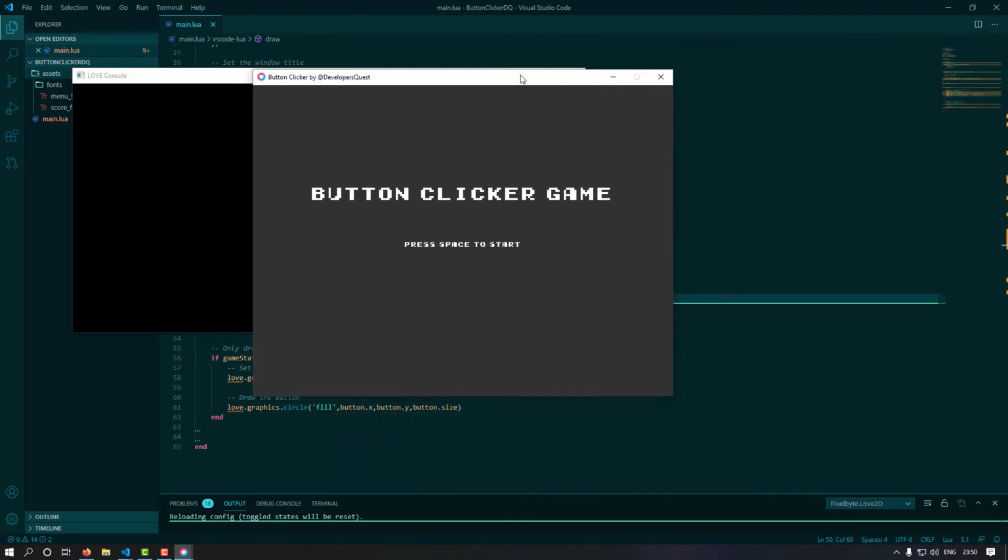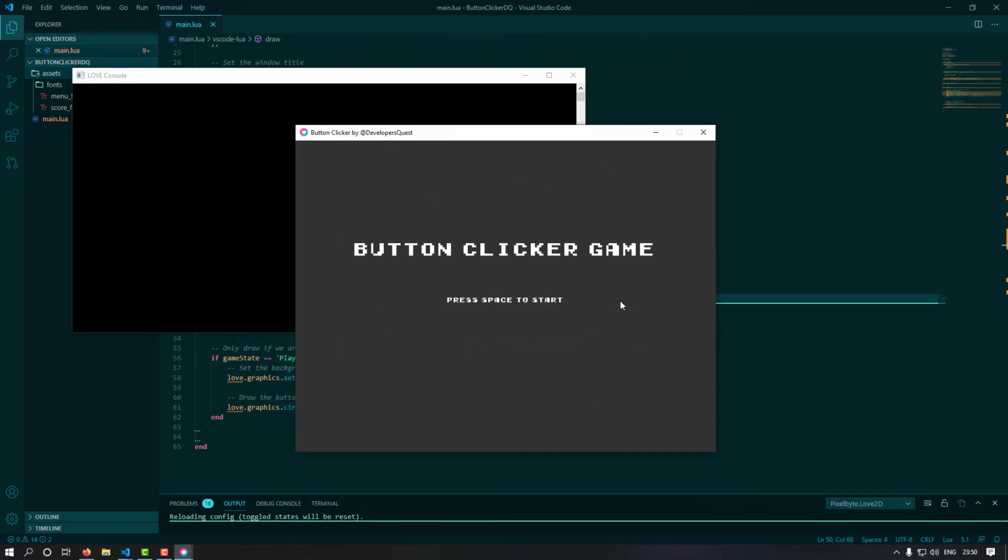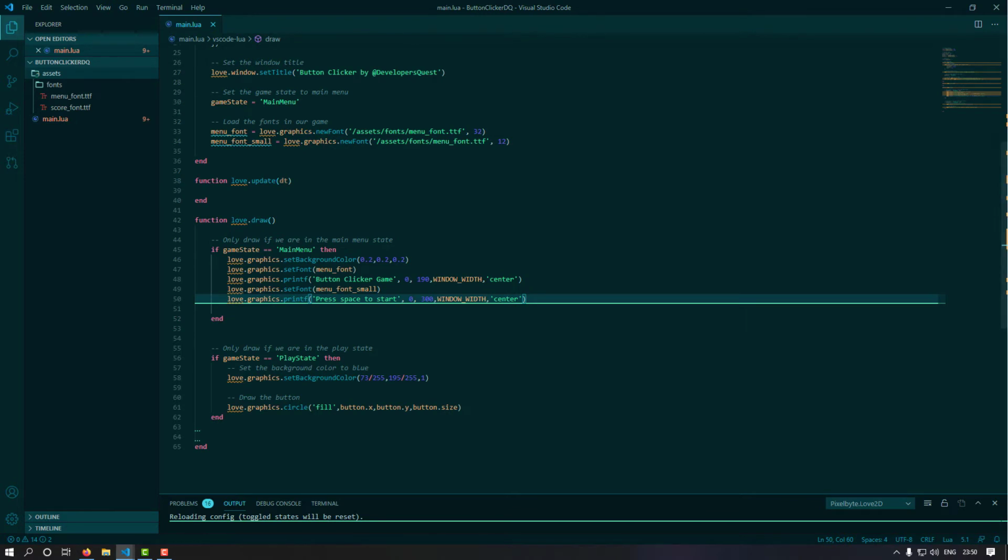So that is the most basic menu you can make. There's a lot of stuff you can do with that, but it does get quite advanced. So we're not going to go too in depth with how to create menus and stuff like that, and how to add effects. That will be for later tutorials. But for right now, this works perfectly. So you see it says press space to start, but we press space, nothing happens, right? Can't do anything. So that's where the